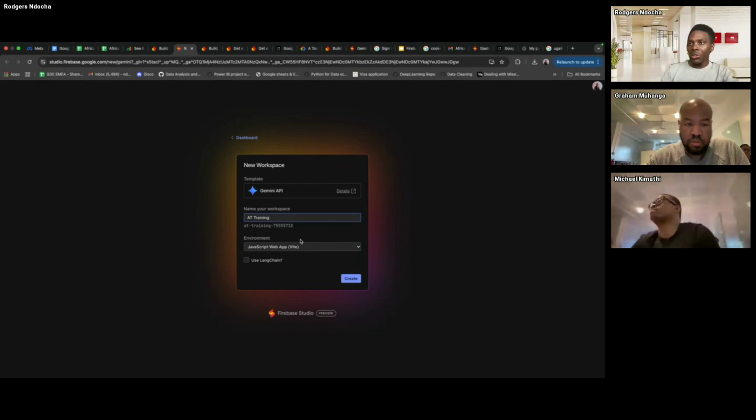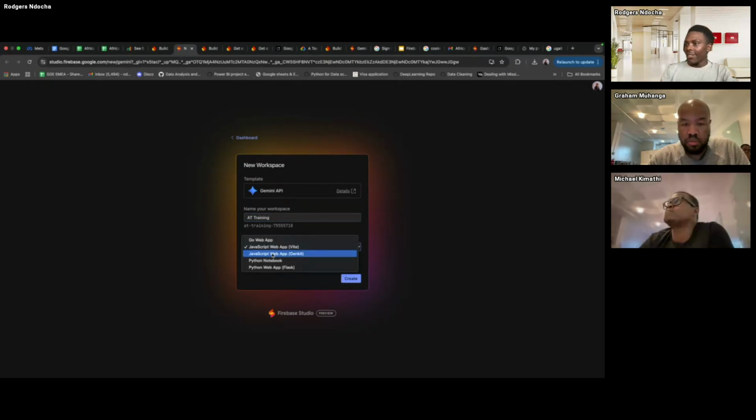The environment, yeah, this is the option I was talking about. You have the option to select which environment you want to work on. Right now, I know there are so many environments on the way, but currently we have three: Python notebook, Python web for Flask, and of course JavaScript.